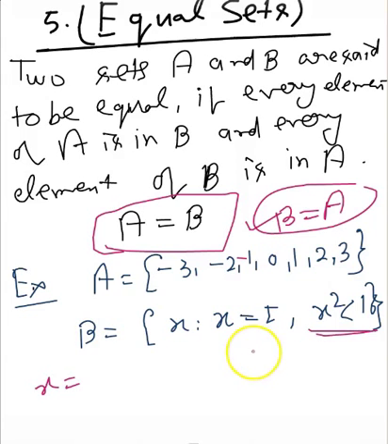Integer means it can be minus infinity, minus 3, minus 4, minus 2, minus 1, 0 and 1, 2, 3, 4, 5 to infinity, right? So if we look at this condition, then probably the value of x can be